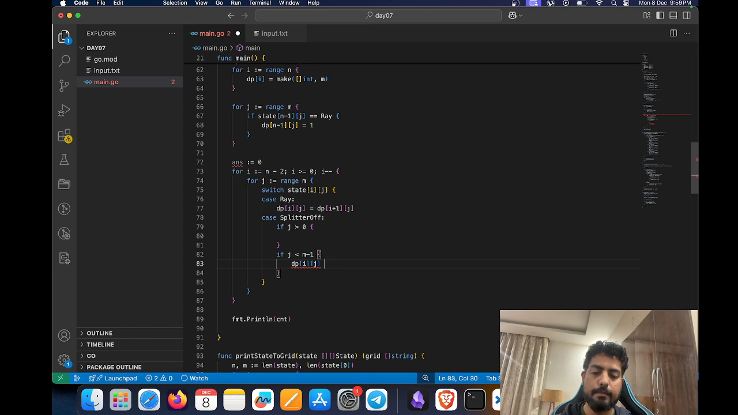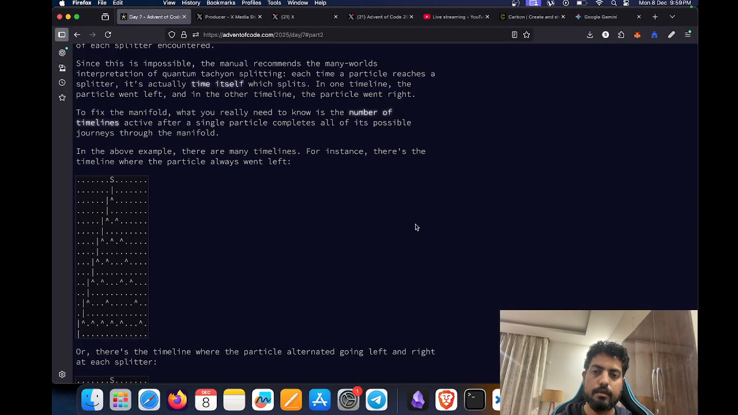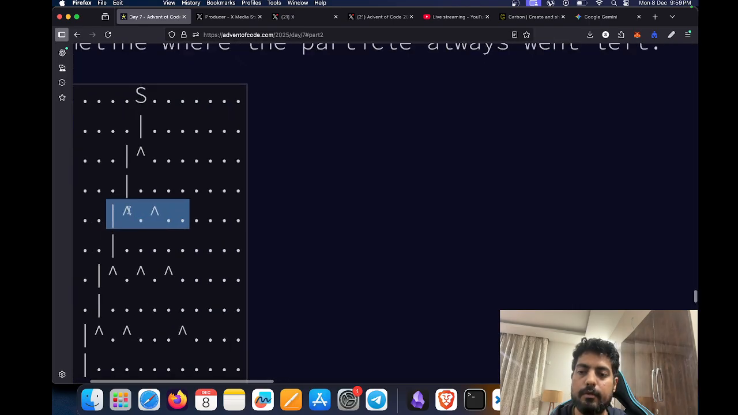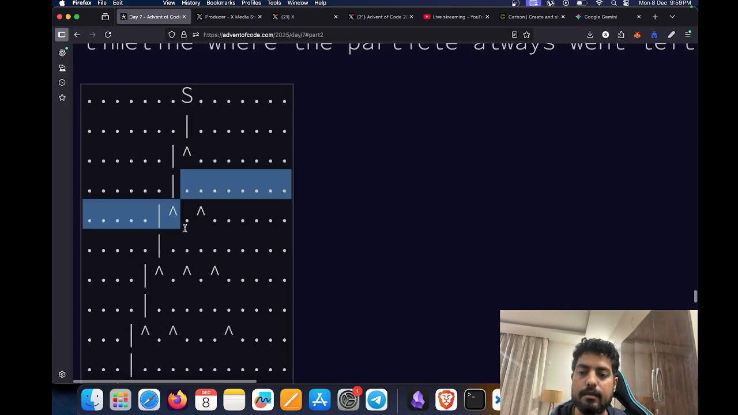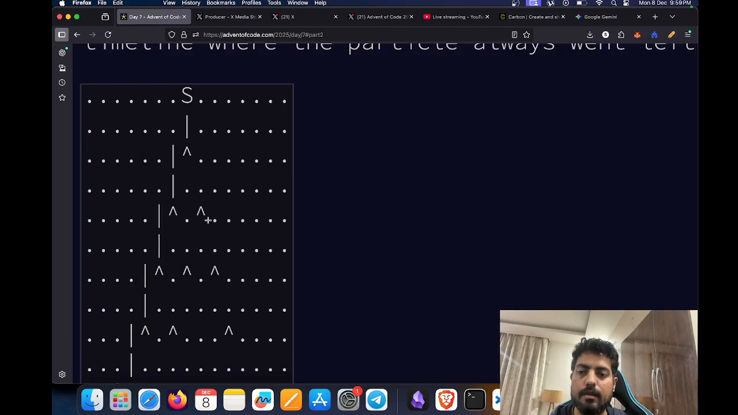Since both of them were rays, I'm actually thinking of the case for this one. Like if we have two splitters side by side, then the path in the middle, will it be counted twice or only one time? So that is something I'm thinking about. I think it will be counted twice